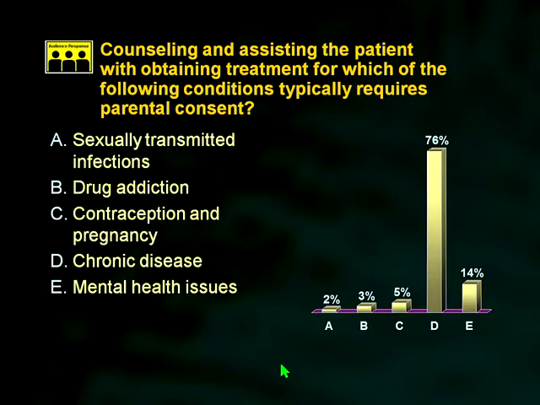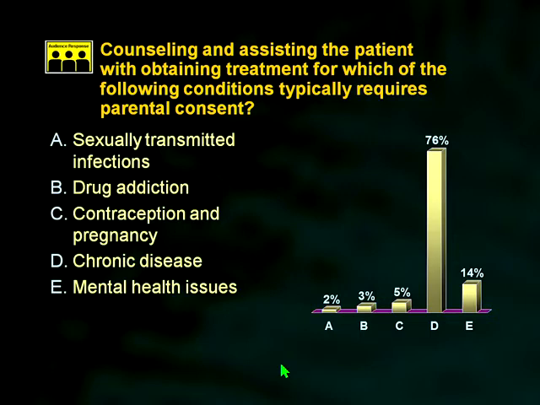So you're right, it's chronic disease. And that's sort of an interesting situation, but of all the choices there, it is the one that requires the parent's involvement or the parent's consent. The other four, and the way I think to think about these things, is if there's an element of the interaction you might have with a patient in any of those situations that involving the parents may lead to a less likely outcome of the adolescent actually seeking treatment for that situation, then the states recognize that is an impediment to treatment, and they're going to allow you as the physician to go ahead without parental consent.